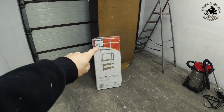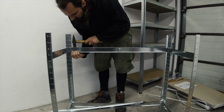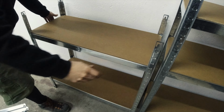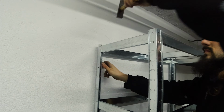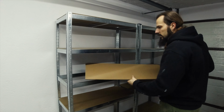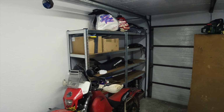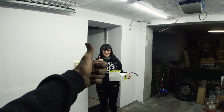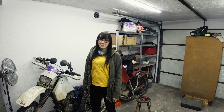Now it's time for assembly of these shelves, and those shelves will stay here. One part is ready, so we have the second part ready and we can mount it on the top. We finished painting and I think it's looking much better now, but we have to fill in the space with